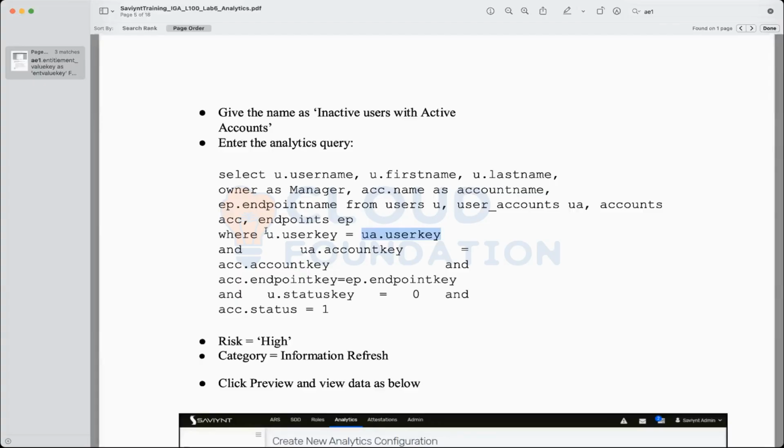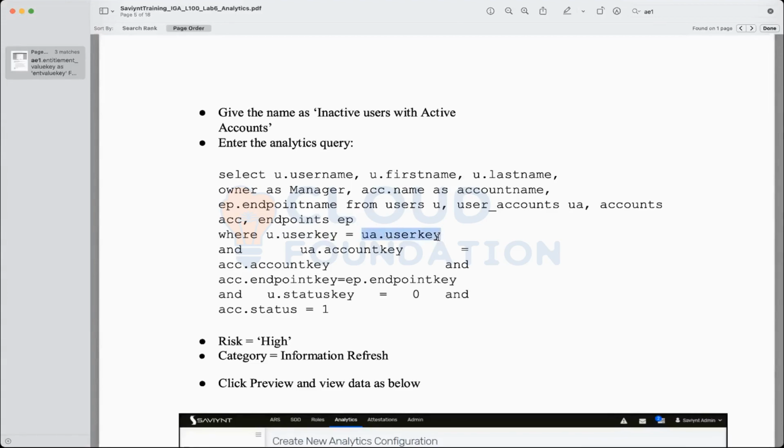In the users table, user key would be the primary key as you rightly mentioned, and in the second, it will be the foreign key. But that is from a database perspective. From the Saviynt perspective, what we are trying to achieve is to see that we are talking about the same user in both tables. Because what might happen is that here I'm talking about Deepa, but in the accounts table there was another Deepa.